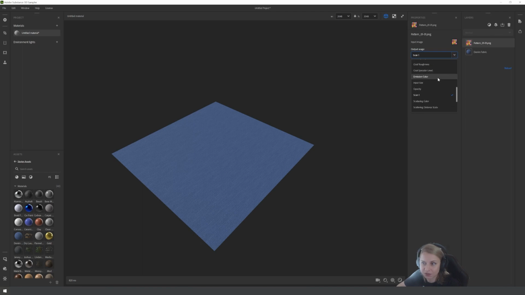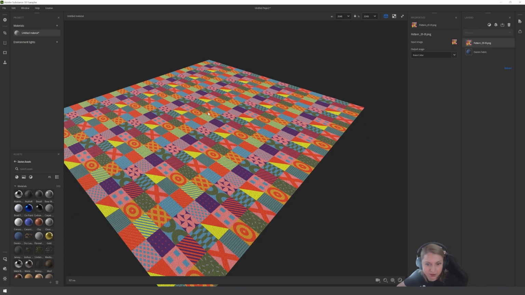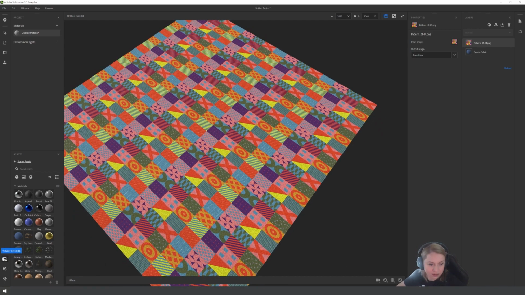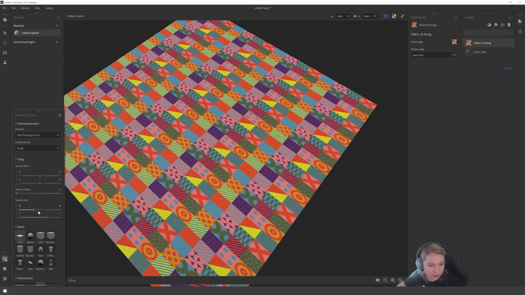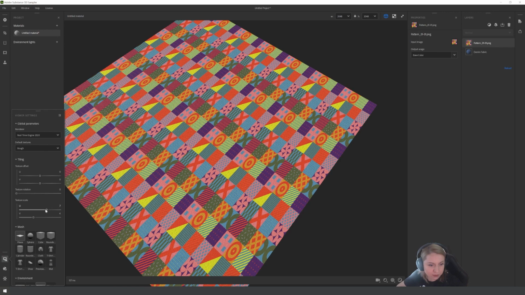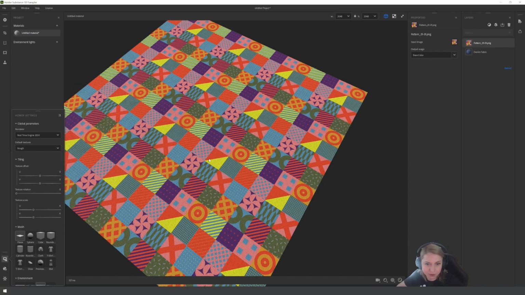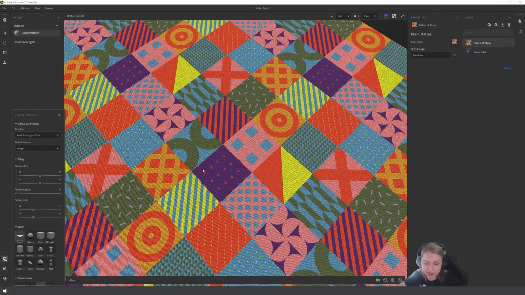You have to change the image to base color so that Sampler knows that you want to use it as a base color. I changed the texture scale, but here in the viewer settings, you can change a whole bunch of things. But it was very easy until now.